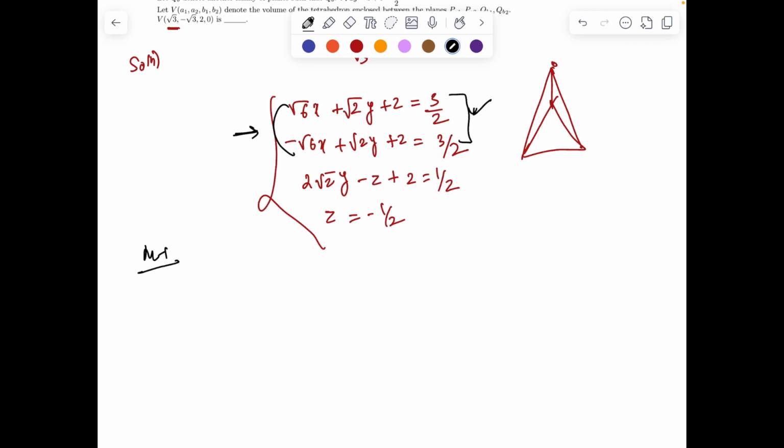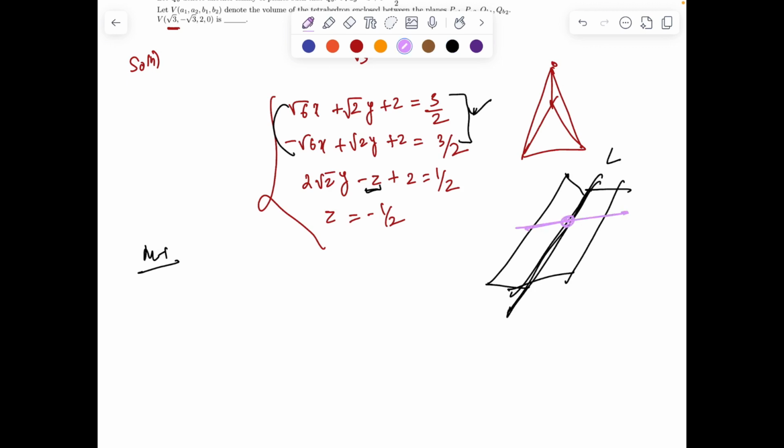So that's a point, and 0, 0, 3 by 2 is clearly a point on the line joining these two planes. And also the third one. In general, 2 planes will intersect on a line, and if you have a third plane,